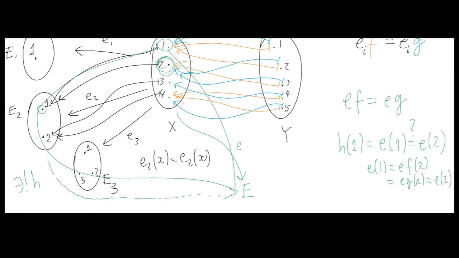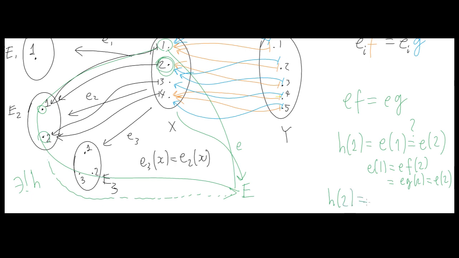All good? Yes. And then I've now not just decided, but also I was forced to map 1 that way. There's only one choice for 1. And what about for 2? H of 2,